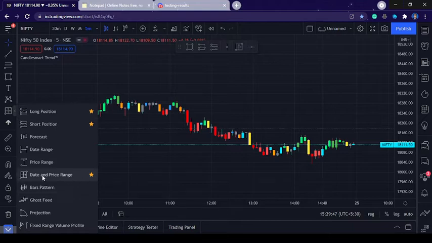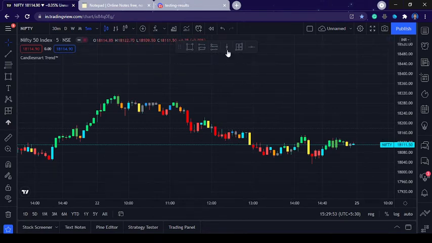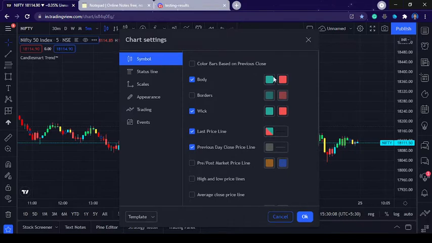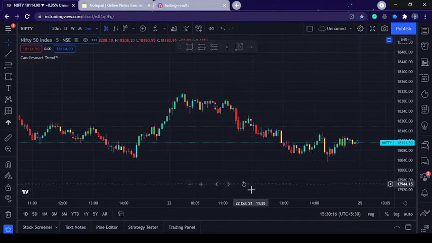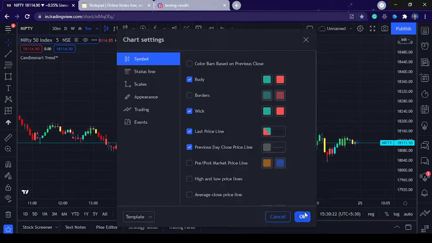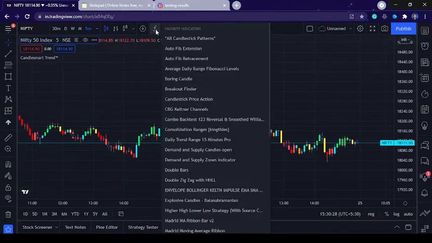You know this thing, and the date and price range we need sometimes to analyze, and the horizontal line and vertical line. This is the vertical line, this is the horizontal line, and we are going to use them a little bit frequently. These are the tools we need before entering. And keep in mind, whenever using a trend indicator, in settings you should check this borders box off. If you keep these borders, it shows the candle borders and it will not be that clear. So I ask you to cross off these borders, then it will be easy to do.